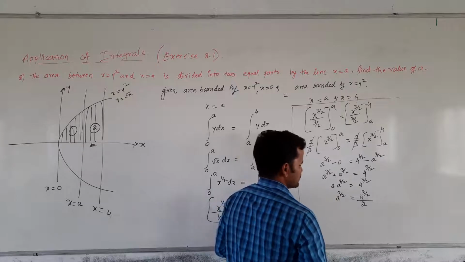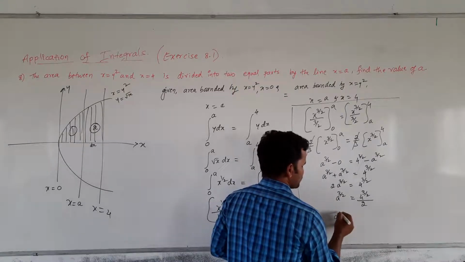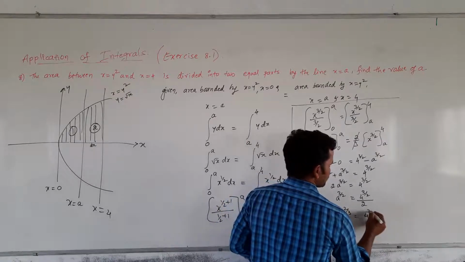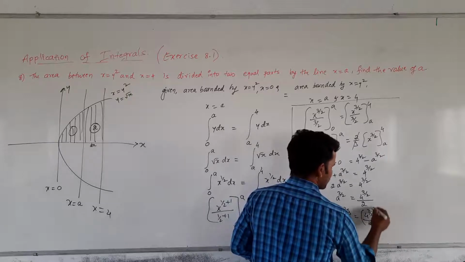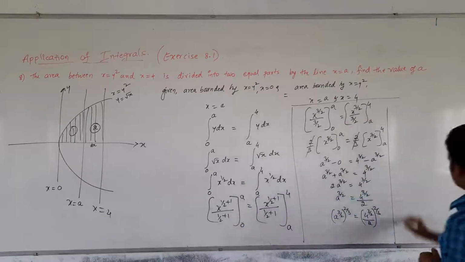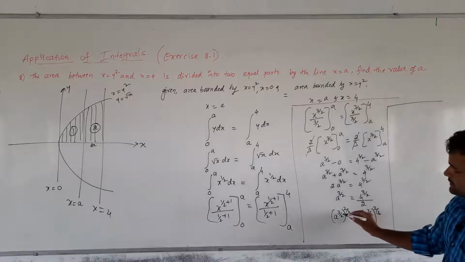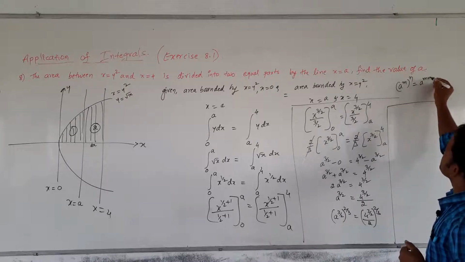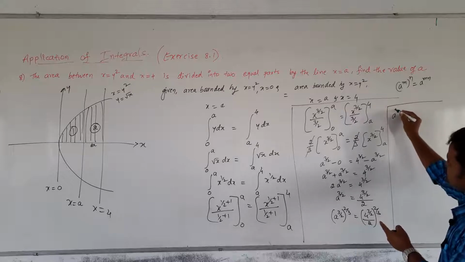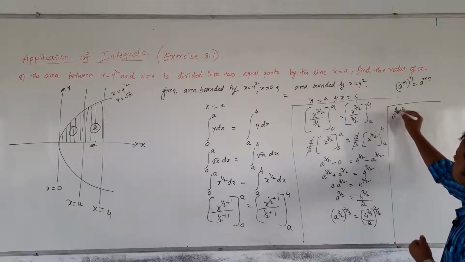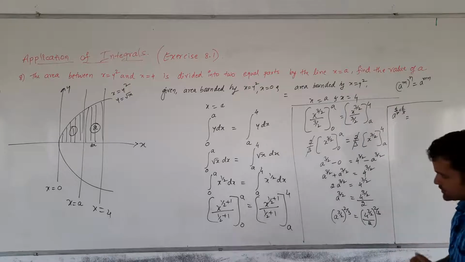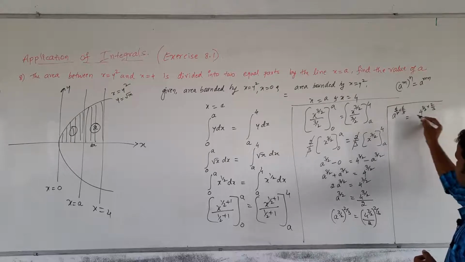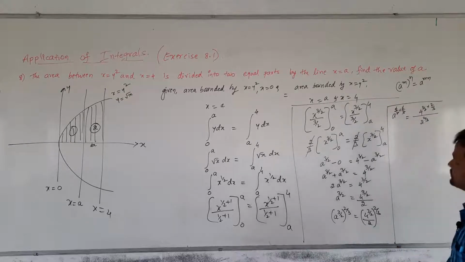Taking 2 by 3 power on both sides, this becomes a to the power of 3 by 2 whole to the power of 2 by 3, which is equal to 4 to the power of 3 by 2 divided by 2 whole to the power of 2 by 3. Okay, very simple it is. Now you see, we know the law of indices, a raised to m whole raised to n is equal to a raised to m into n. In the same way here it is a raised to 3 by 2 into 2 by 3, means the 2 gets cancelled out. A is separated, that's why. Here in the same way, right hand side 4 raised to 3 by 2 into 2 by 3 divided by 2 to the power of 2 by 3.